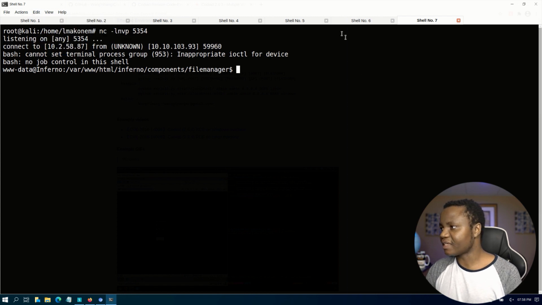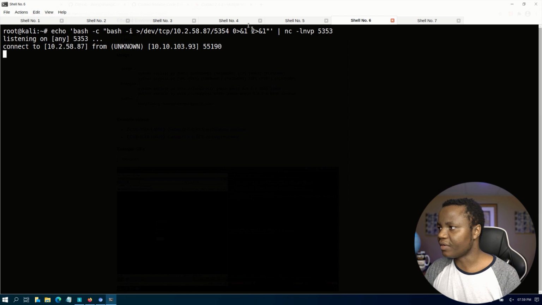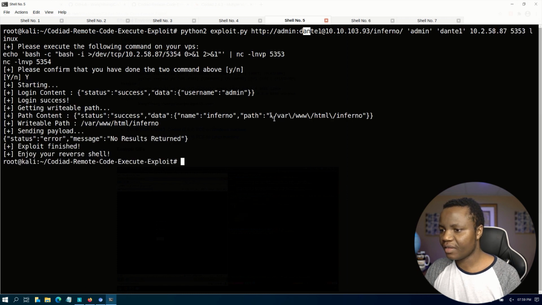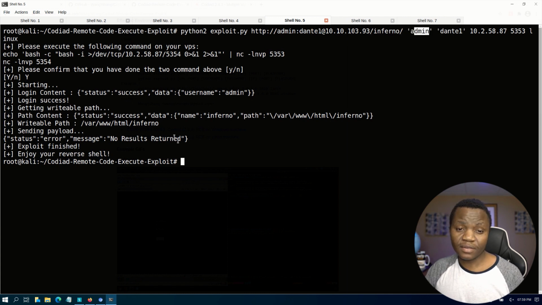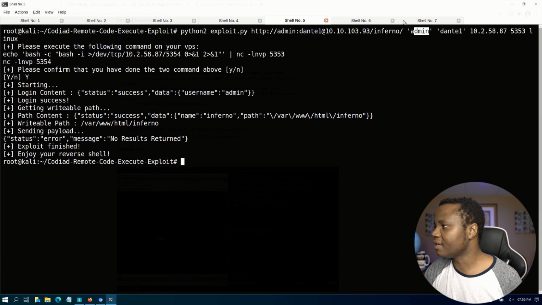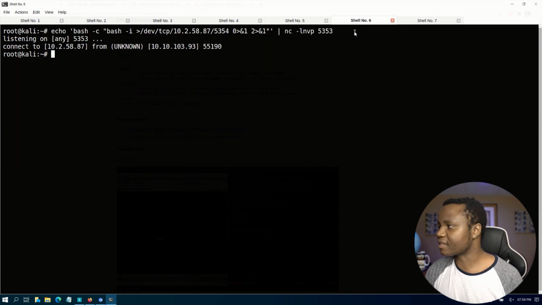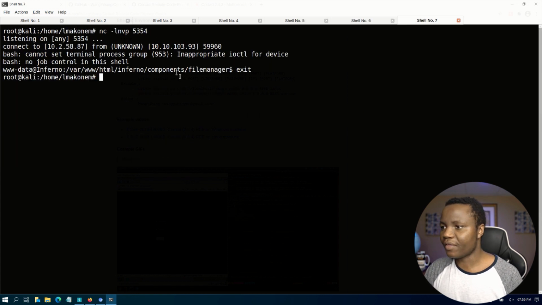So if you have a hard time there, just remember you need to specify right here the admin and the password. So HTTP, admin, password, and then admin and password after that. Very interesting way to do this, but it took me a long time. I was stuck there for a long time. So now that we're in,